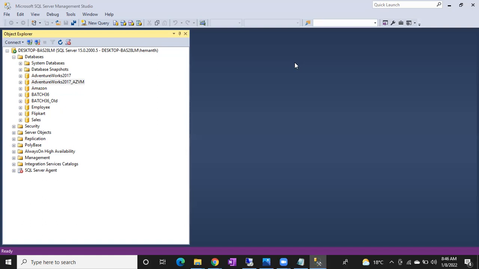Yes, tell me. It's about the master database. If any master database gets corrupted, how to restore that? One thing, we cannot restore system databases in the normal way. There is no chance to restore the system database directly. There is another way you can bring the databases up, in safe mode or single user mode, and then you can restore it. Restoring a system database is a little bit critical.